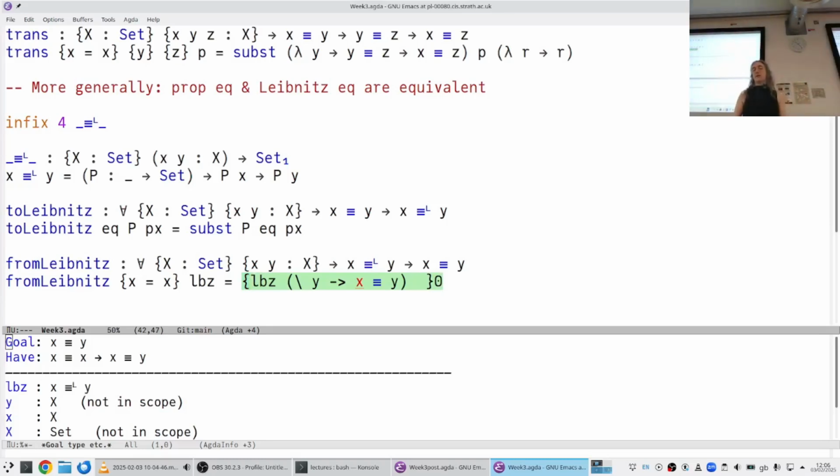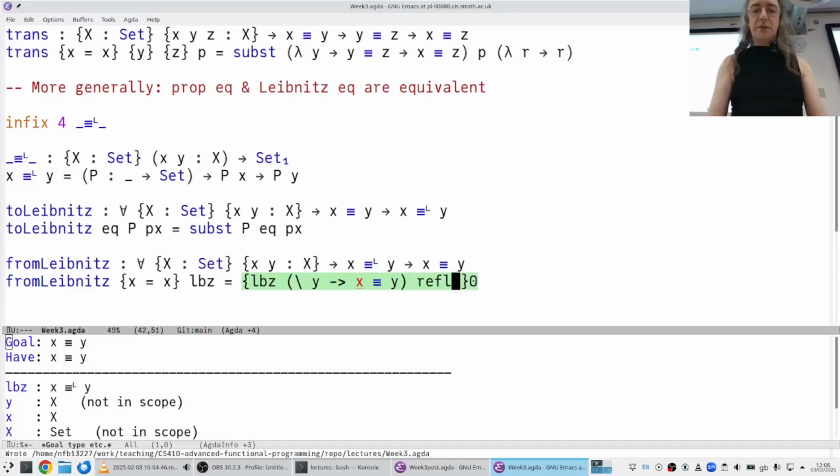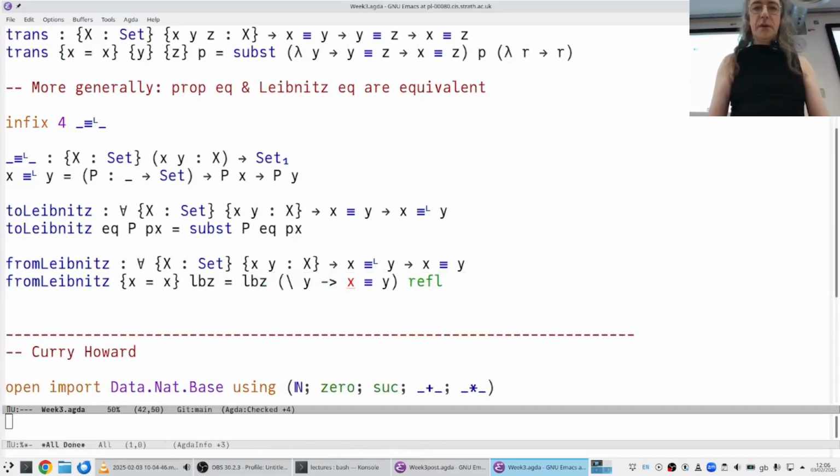And now it says, I've got a proof that X is Y, provided X is X. So I'll take that, thanks. Put that in the hole, and now the problem is to prove that X equals X. But hey, that's refl. I'd better reload just to make sure that everything's colored in a non-offensive manner. But yeah, this is